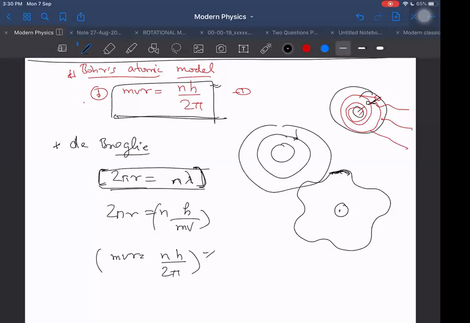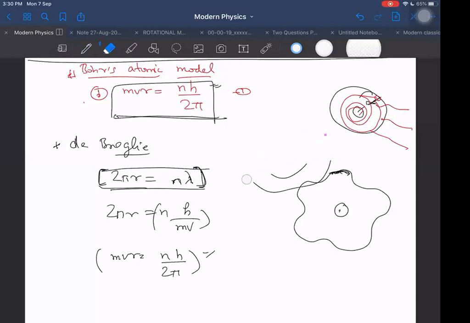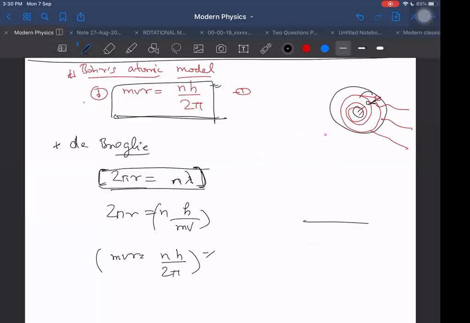For example, L shell to K shell, or M to K, or M to N, means some discrete level should be there. And when the electron gains energy, it goes from L to K, but only when we make a photon incident whose energy is equal to the energy gap between these two levels. Then only it can jump between the levels. That should be equal to that energy gap, right? So we know somewhat the fundamentals.